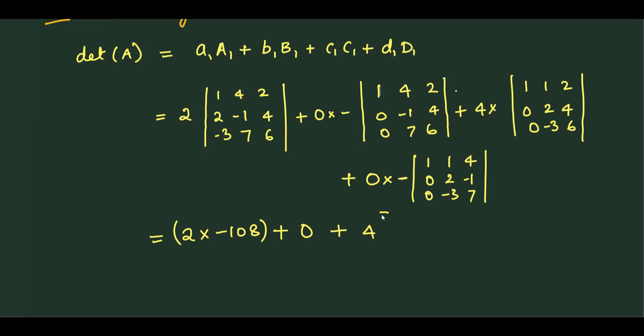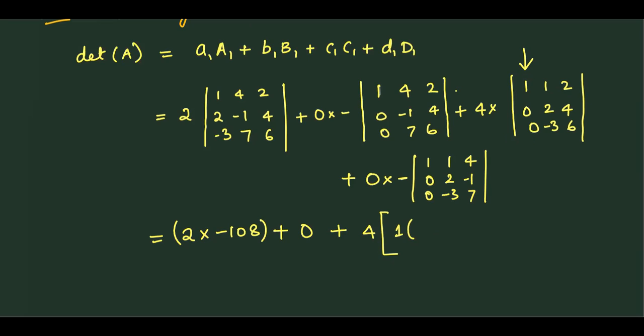Now we'll evaluate this determinant. How will you evaluate it? Evaluate about the first column because 1 0 0 is there. Don't evaluate about any row. Still you will get it, but this will be faster. So 1 times